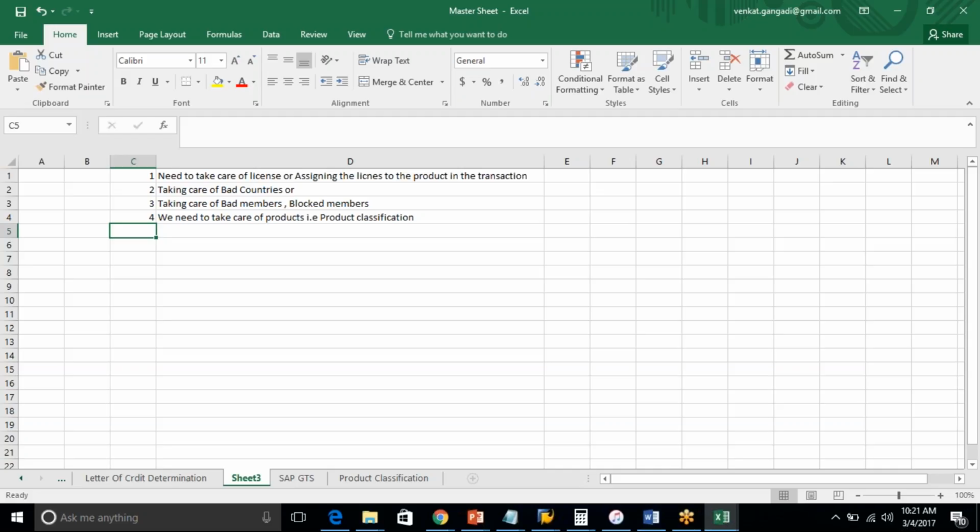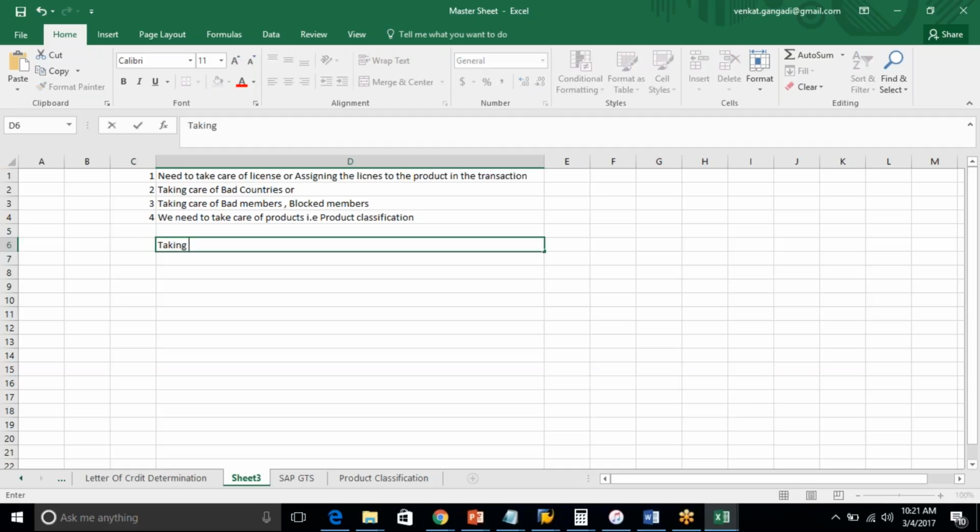Do you want to just send the shipment, or do you want to send anything else with the shipment? You need to send the required documents. Excellent. That means we need to send the list of required documents. So that means taking care of the customs messages, or the customs support documents, or the customs legal documents. Am I correct? The next thing is taking care of